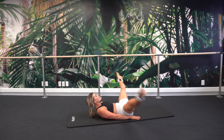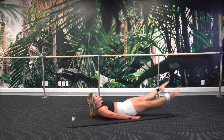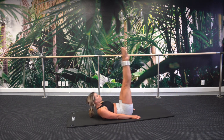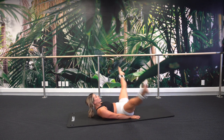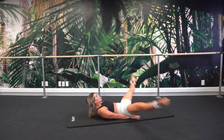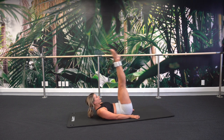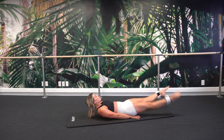Now take them back into the other direction, lifting those toes back over the hips. Lower down, circle side, good, and lift back up. Lower down, split, come to the top, and come back down. Breathe. Lower down, circle, nice, lift up, lower down, circle, good, lift up, let's do 4, go lower,